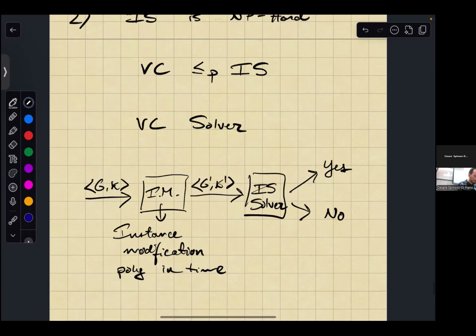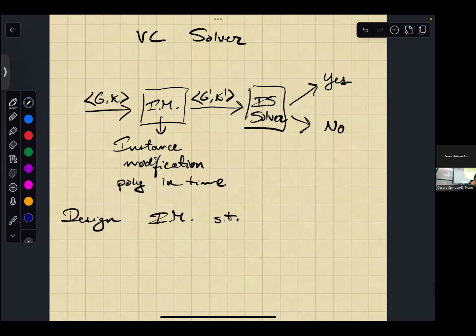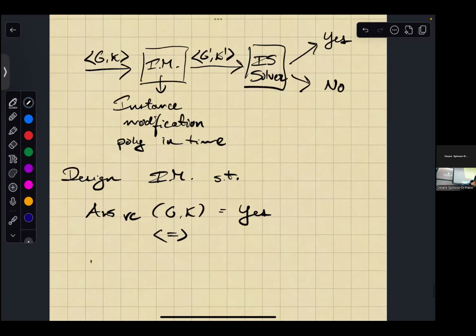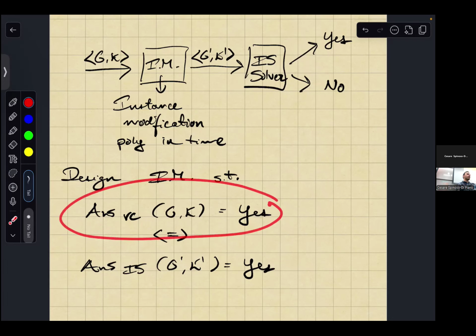right? So I should design the instance modifier such that the answer to the vertex cover problem for G and K is yes if and only if the answer to the independent set problem for G prime and K prime is yes. Why do I want to do this? Because I'm using the independent set solver. So I know that this is always going to say the right answer. And so it should only say the right answer if it matches the answer of the original input,